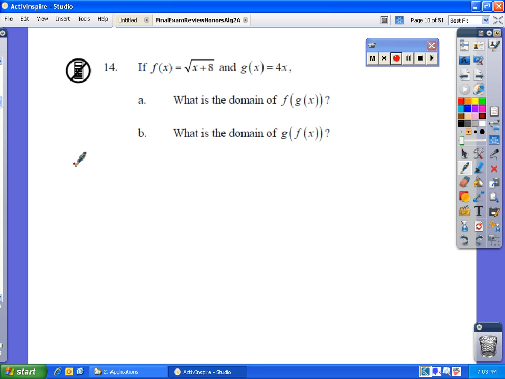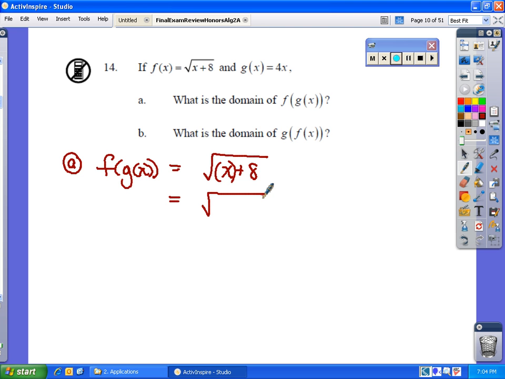For part A, if we just look at g of x, the function for x, the domain does not need to be restricted at all. So it's all real numbers. If we look at f of g of x, then we're going to write out the f function as x plus the square root of x plus 8. And we're going to replace x with the g of x function so that we now have the square root